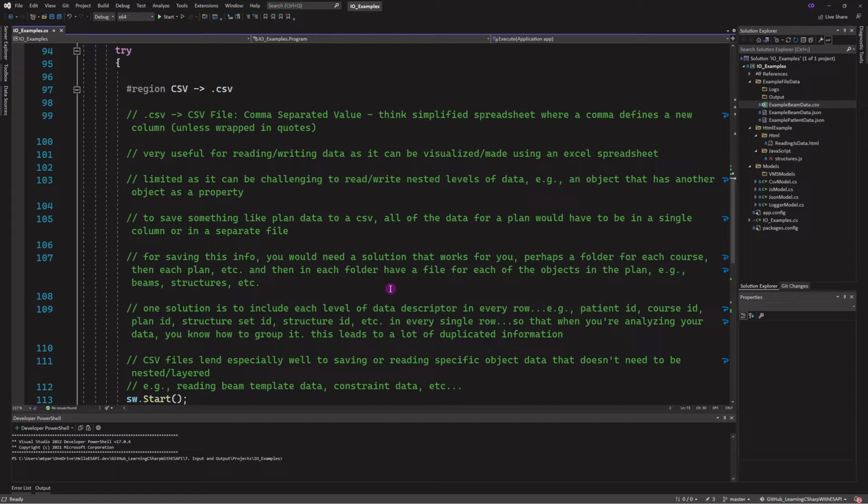Now, that said, if you really think it through, you could put all of your beam data into a single column, as long as you know how to separate that data back out later. So if you wrapped your data into a double quoted string, then you could separate each thing by a comma, and at the end of each beam you could use a semicolon. Then when you're analyzing the data later, using Python or something to parse your CSV,